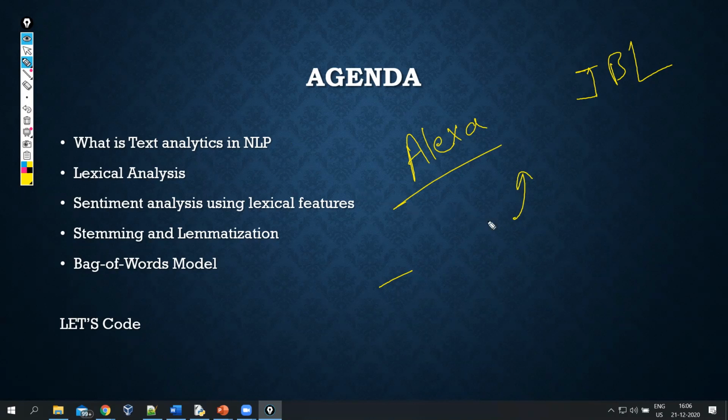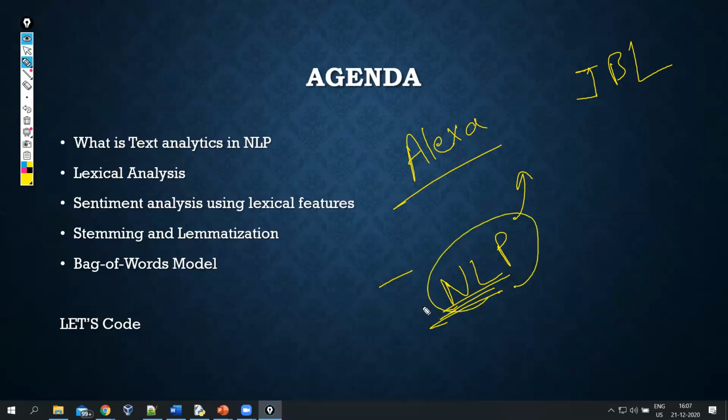Removing this interface barrier, that is, communicating naturally with the machine, is called natural language processing. In short, you communicate with your siblings or any other human by speaking directly to them. That is your natural language. Now, to make a machine understand your natural language, we need to do some processing, that is natural language processing. So your speech, your natural language, is now understood by Alexa. It can interpret that you want some romantic songs of Shah Rukh Khan, and it can take actions based on that.